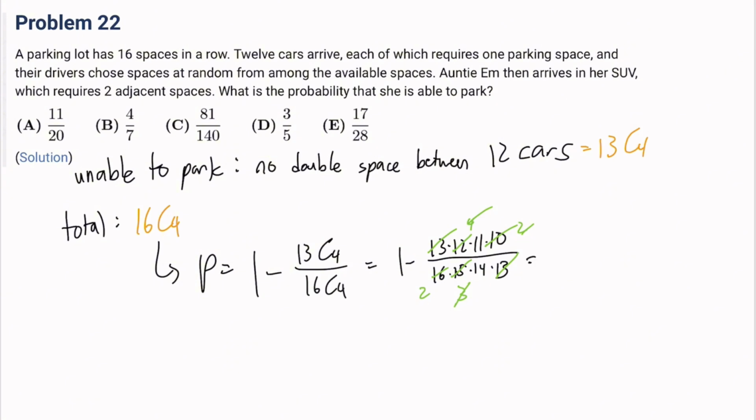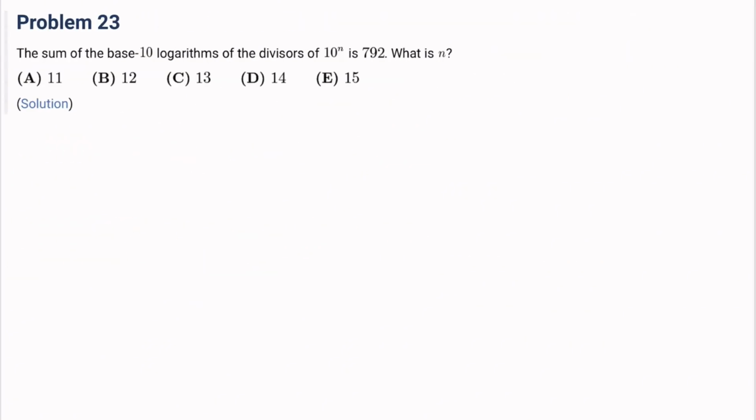So this is all going to be equal to 1 minus 2 times 14 under 11, and so that is 11 over 28. This is 17 over 28, right? So this is the answer. It's E. Number 23. The sum of the base 10 logarithms of the divisors of 10 to the nth power